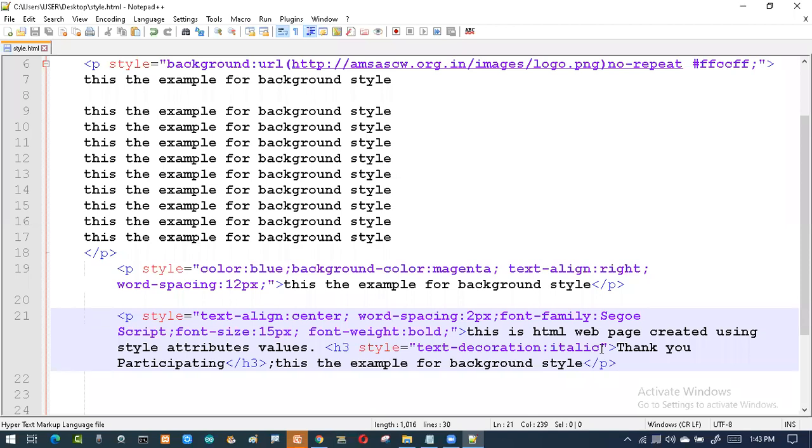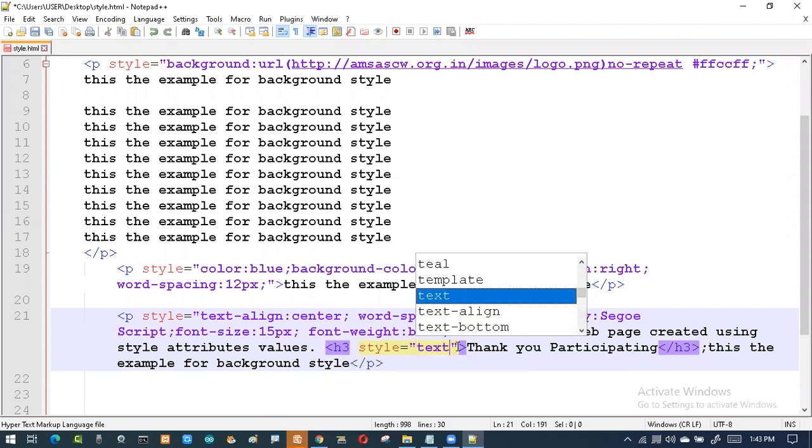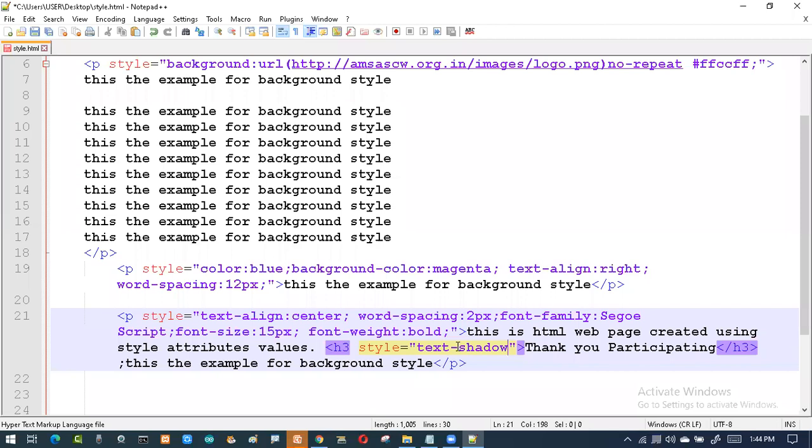Okay, so this is about the text decoration. I need, say, shadow. So I want text shadow.